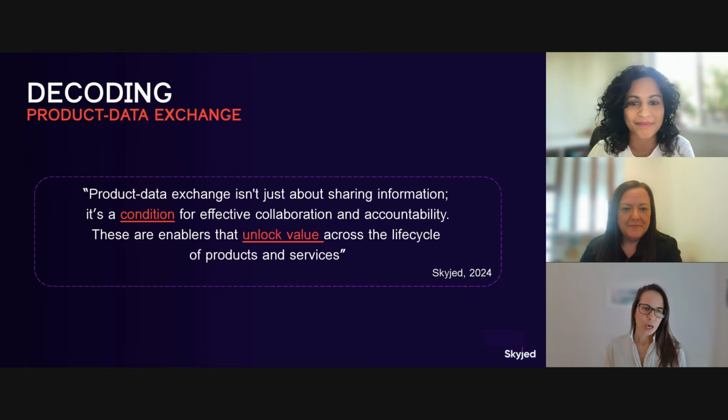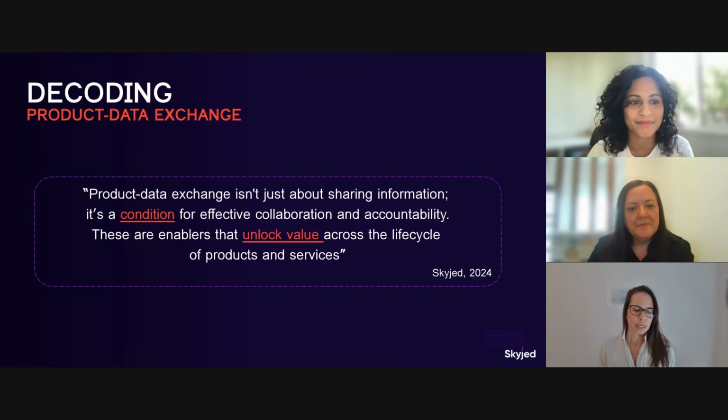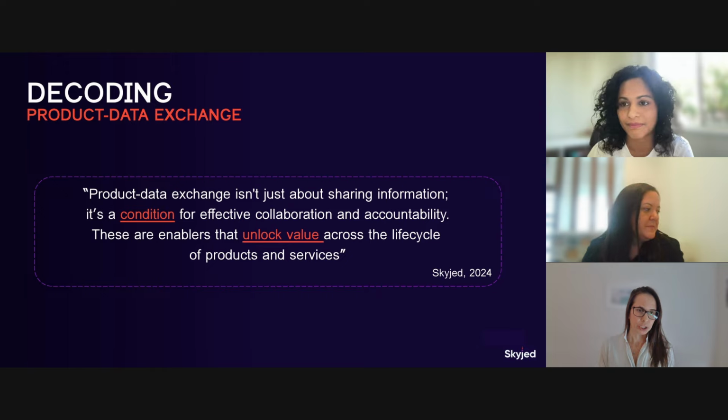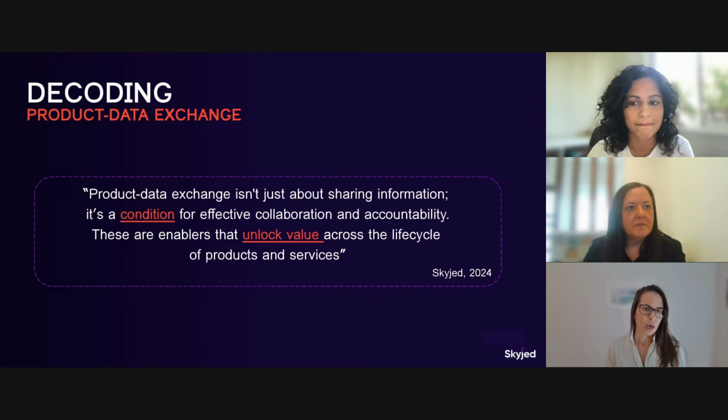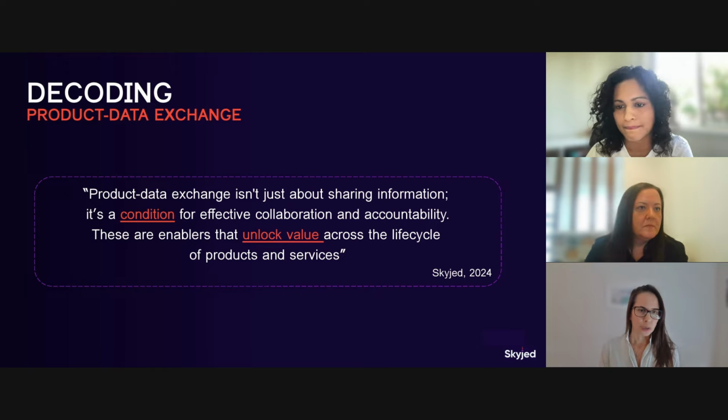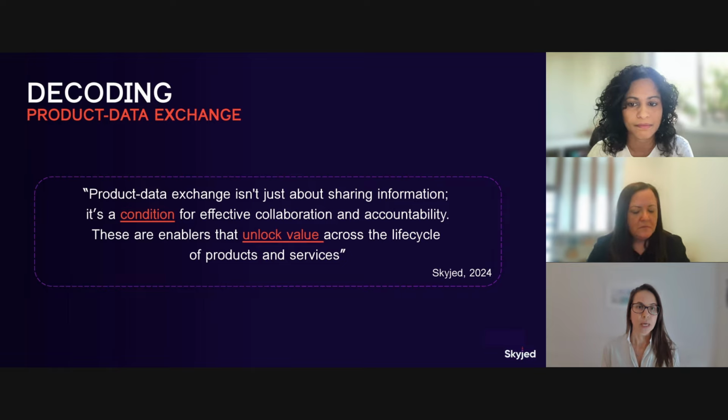Thanks, Sue. So I start by sharing here how we see data exchange at Skyjed. Data exchange is much more than sharing data across teams and departments or with your partners' organizations. Data exchange is the starting point for enhancing collaboration and accountability.